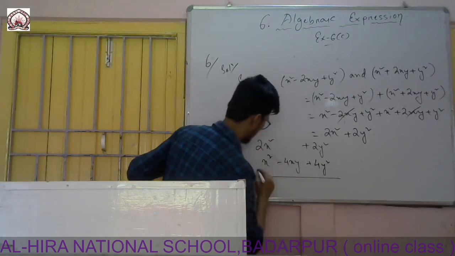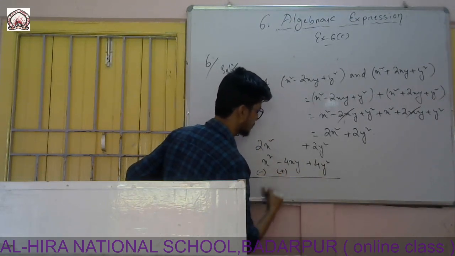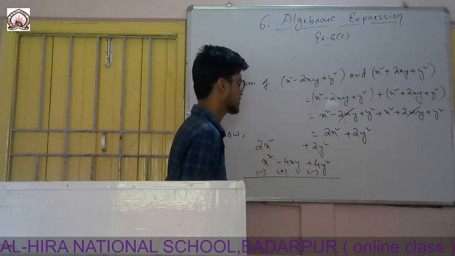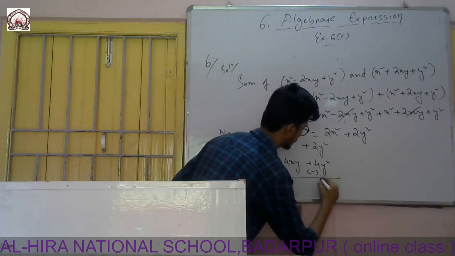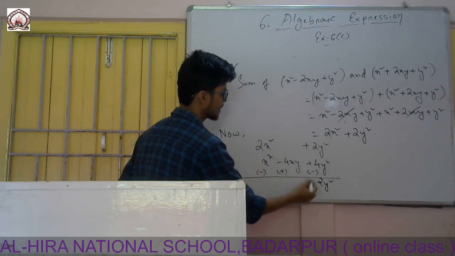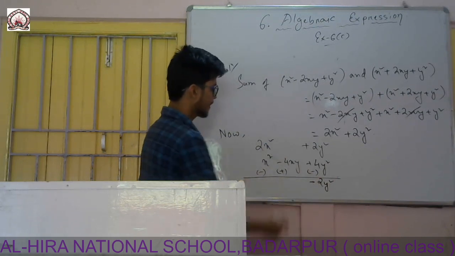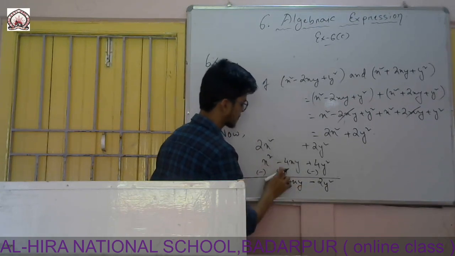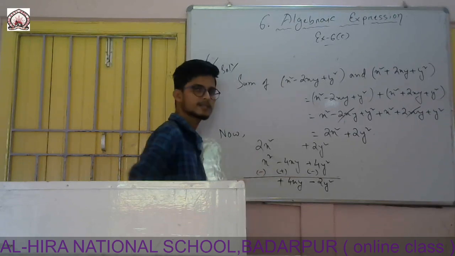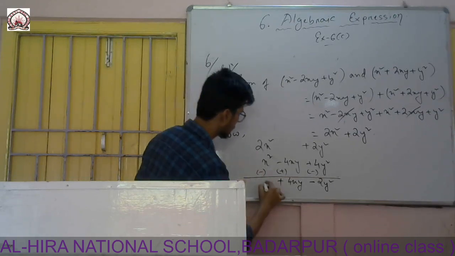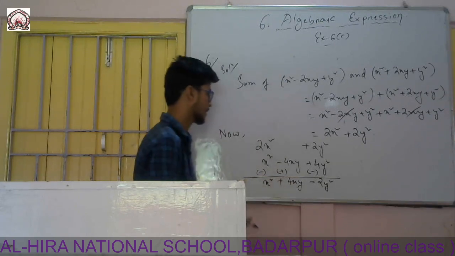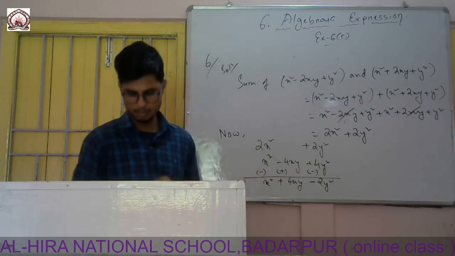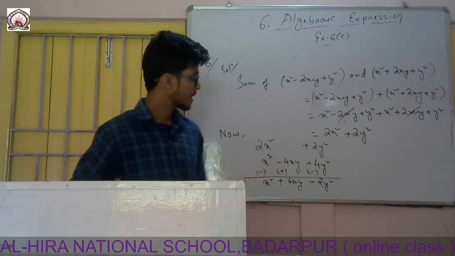So first of all I will change the sign. It is plus, so it will be minus. It is minus, it will be plus, and there it will be minus. So minus plus minus, it is minus. 4 minus 2, it will be 2y square, and since 4 is greater, it has a minus sign, so I will put it here. Then this one will be the same, there is nothing, that means I will write the same term here, and it will now be in plus sign. And now it is plus minus, it is minus. 2 minus 1, it will be 1, so no need of writing 1, only the variable part x square. Since 2 is greater, so plus. So x square plus 4xy minus 2y square. So this is the answer.